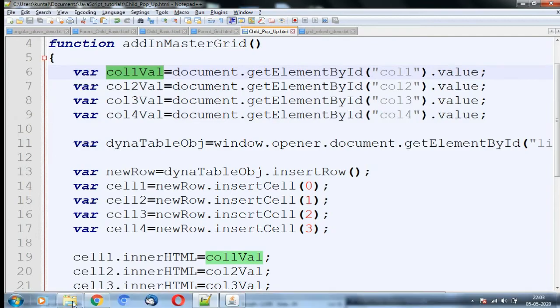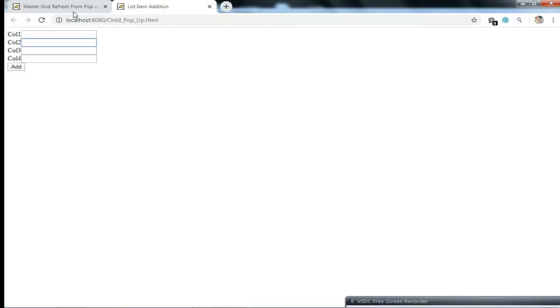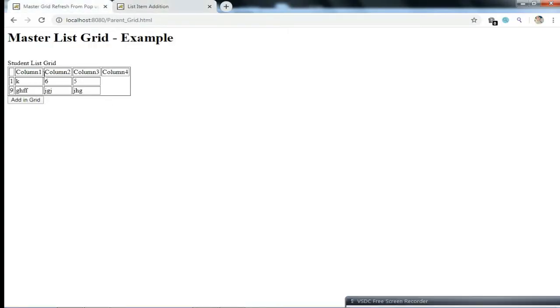So this is my child and this is my parent. If I have to access anything from the child to the parent, as I have shown in the earlier videos, and that video I'll put in the I button so that you can see, we can access it by window.opener. So window.opener points to the parent window's window object.